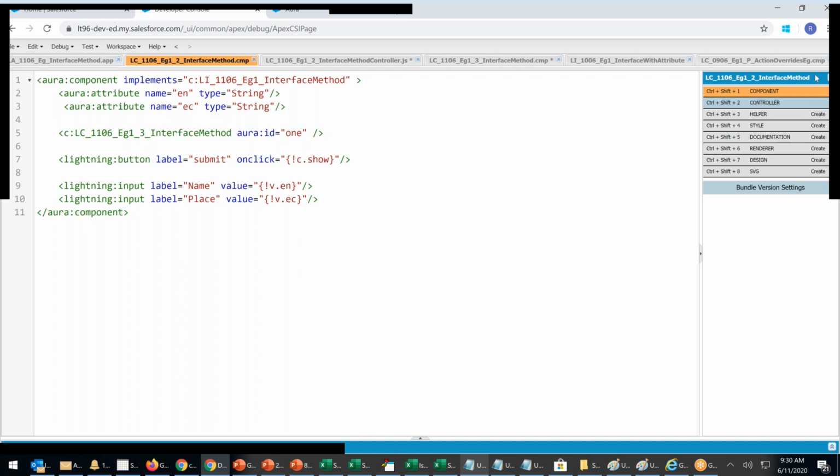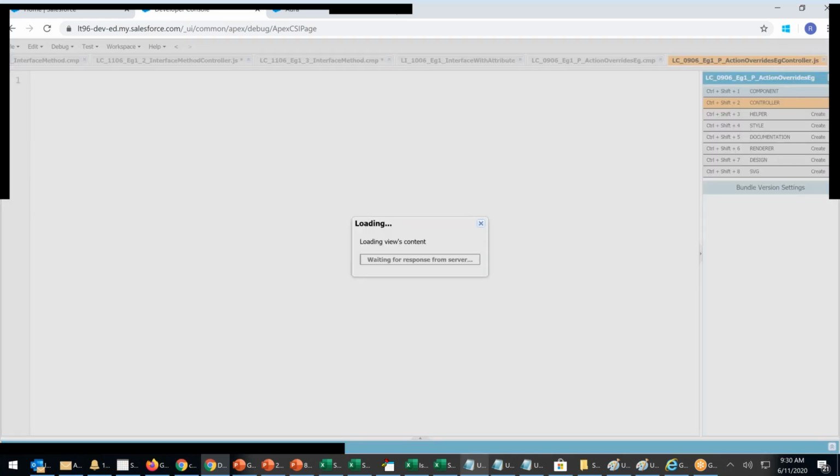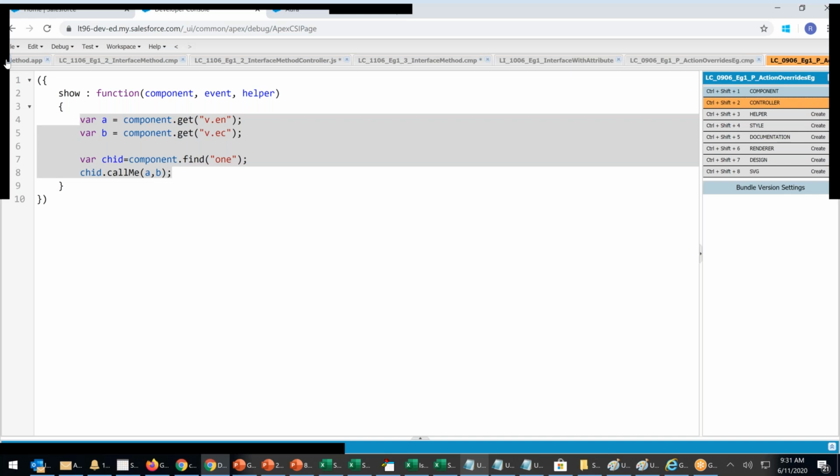Next, I have to copy the controller of 906 parent. I copied this. Fine. Now I'm going to the controller. I copy this, Control C, and go to the right, same 1106 2.